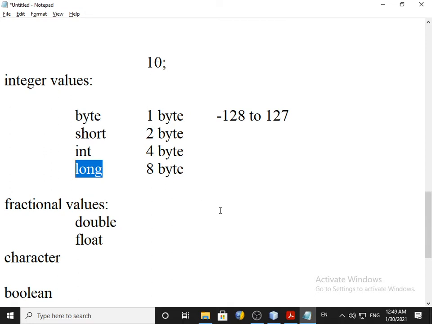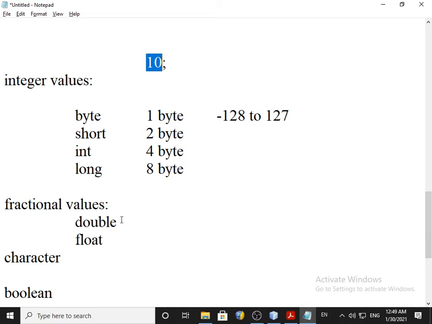In the absence of clarification it is known as int. That means this 10 occupies 4 bytes.